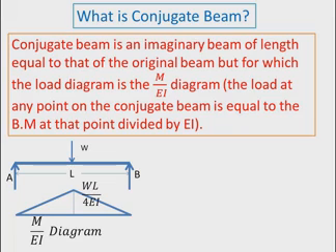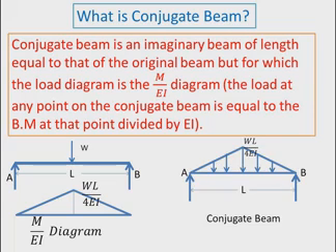If you draw the M by EI diagram, it will be a triangle with, at the center, the bending moment WL by 4. So the M by EI ordinate is WL by 4EI. Then if you take this conjugate beam, it is an imaginary beam of the same length as the original beam. That is, if you look at the length of this AB, the length remains the same, but this M by EI diagram will become the loading diagram for the conjugate beam. Whenever you say loading diagram, you should show the arrows like this. Then this is the M by EI diagram. When you want to convert it into a loading diagram, you just have to draw the arrows.